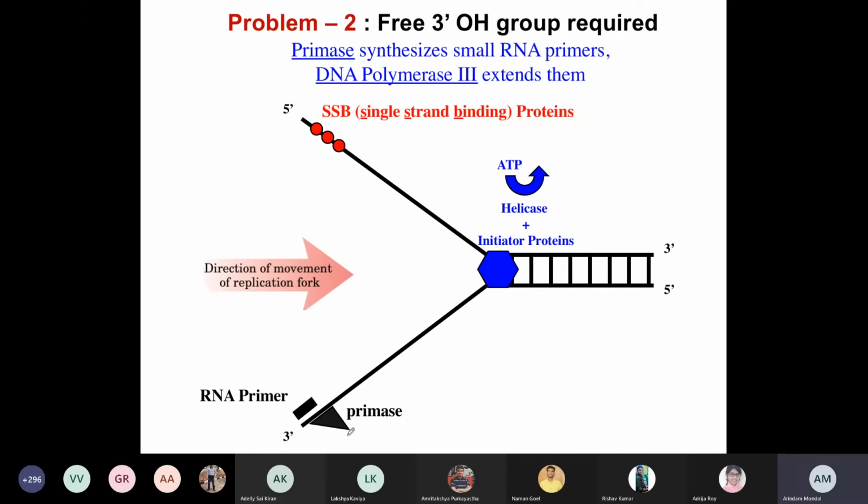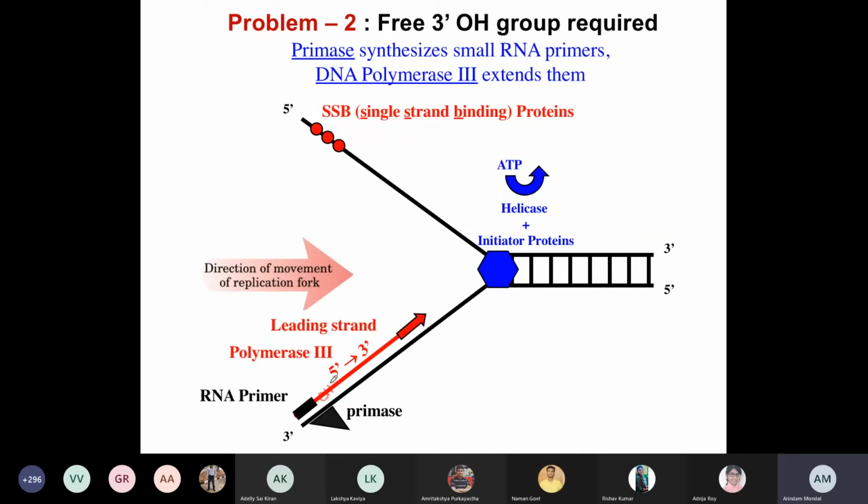So here the primase is an RNA polymerase which can read the DNA template and synthesize a small RNA. Now, whether it's DNA or RNA, it should be able to provide the OH, right? A free 3' OH. So what happens is, primase first synthesizes a small RNA primer, and that's why it's known as primase. And that 3' OH can now be utilized by the DNA polymerase in order to initiate the DNA synthesis.